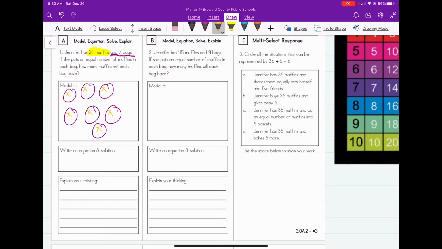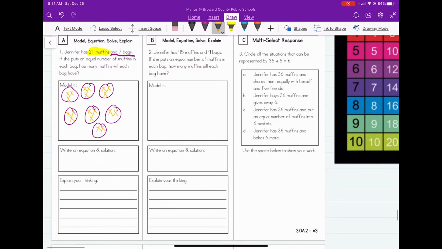I need to continue until I've counted out 21, so I have to go back to my first bag and put another X in there, and each X represents a muffin. We stopped at 7, so now this is going to be 8, 9, 10, 11, 12, 13, 14. And then we keep going: 15, 16, 17, 18, 19, 20, 21. So now that we've counted out 21 muffins and used 7 bags, we can see that in each bag